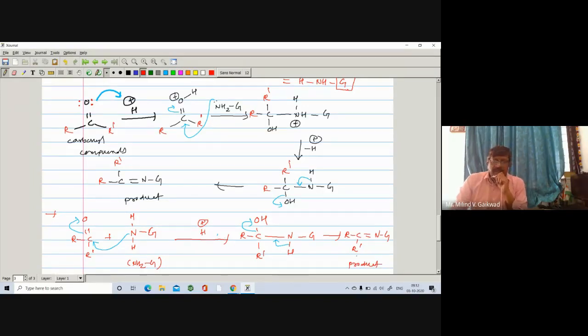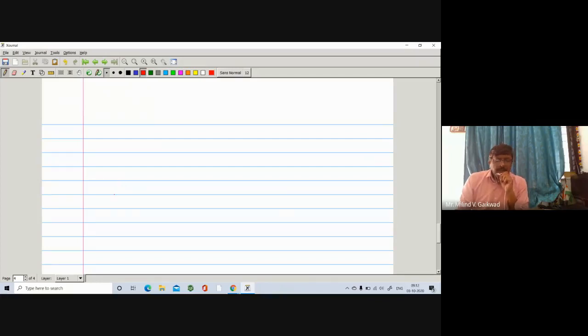So in this way you have seen the addition of ammonia or ammonia derivative on this one. In the same way, we have to write down a number of examples, right? So let us see the examples on this one, right? And then we'll see the examples. So here what you have seen, in general you are having R, C, here is R dash double bond O, it reacts with N, here is an H, here is an H, here is an NH2G, right? NH2G, right?